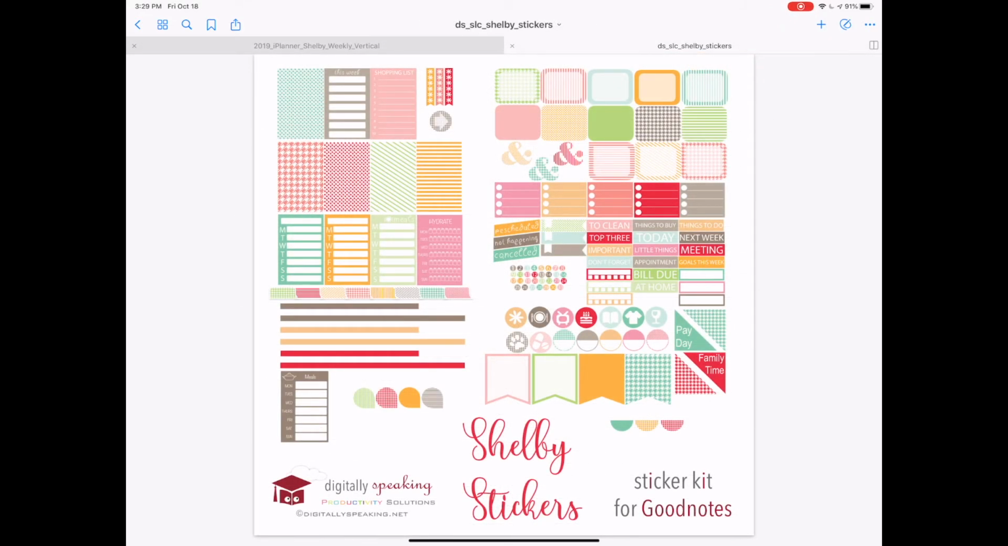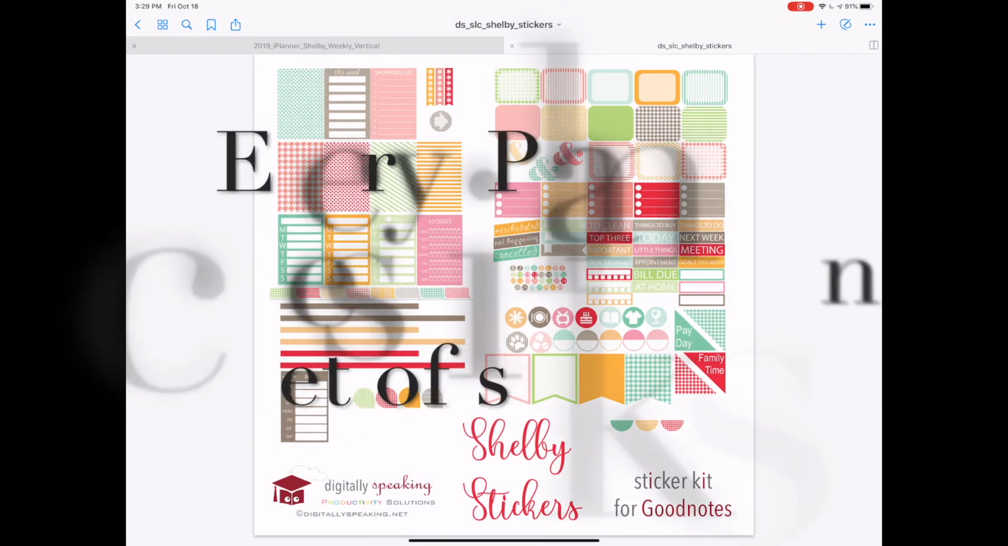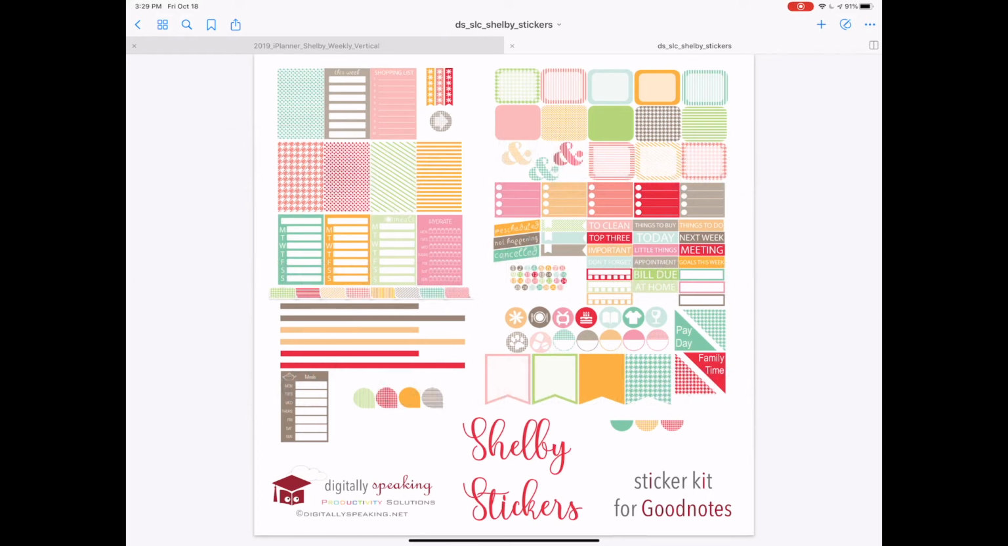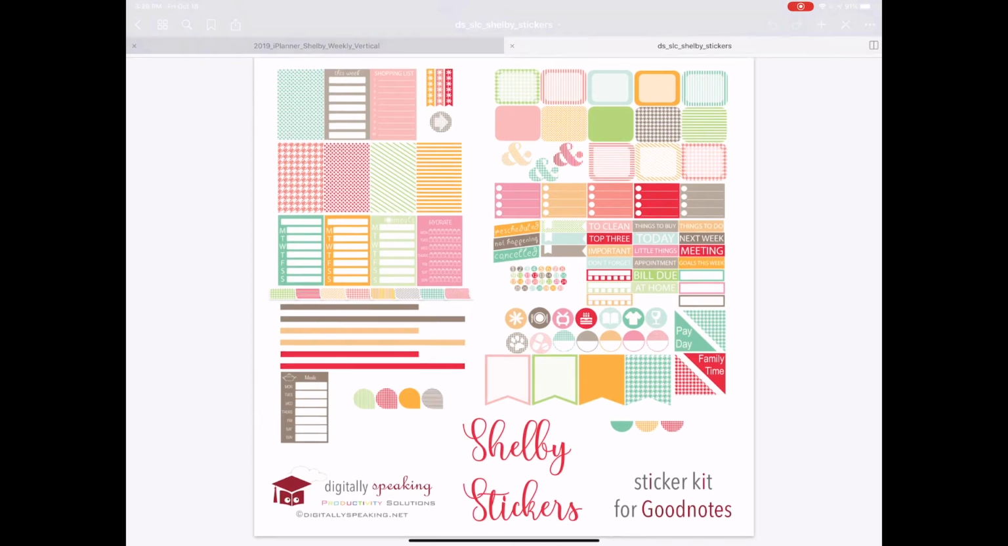Okay, I've opened up my Shelby stickers because for this particular workflow, these are the predominant stickers I'm going to use. And the reason I do that is for color. It goes with my planner. I like it to go with my planner, so here I am. I'm going to be using, and I'm going to show you by drawing circles around it, first and foremost,